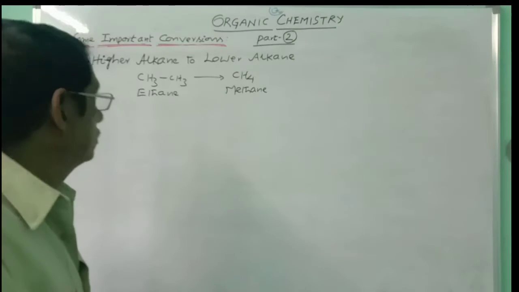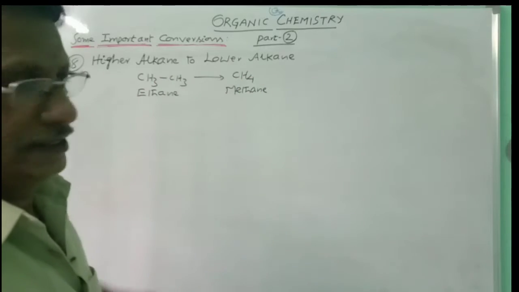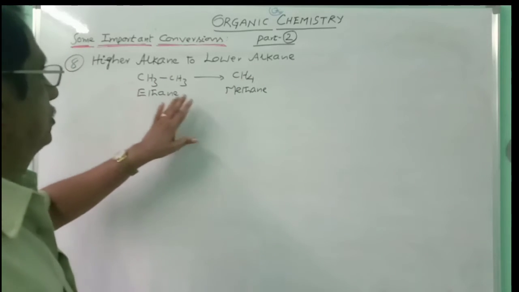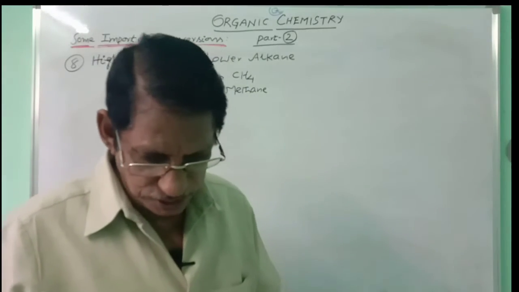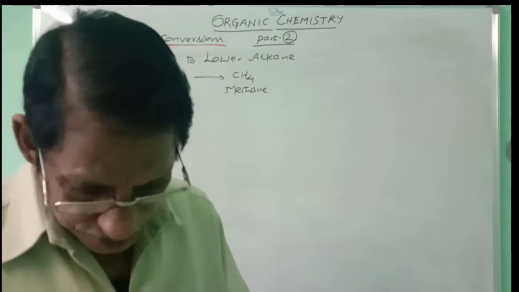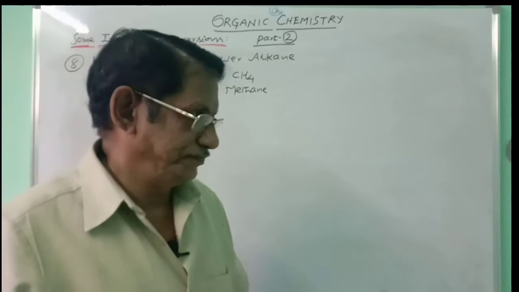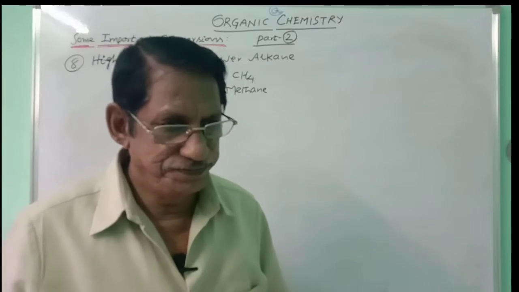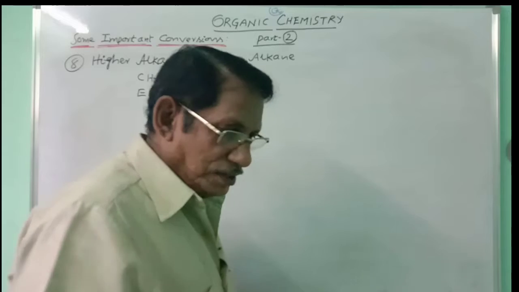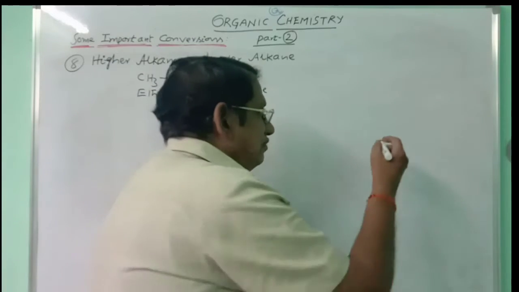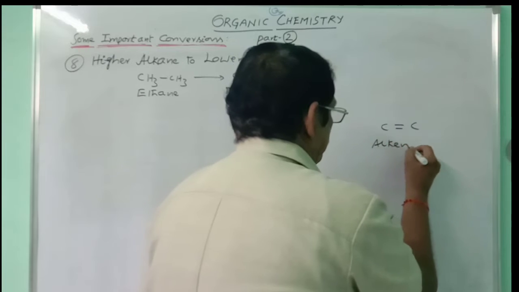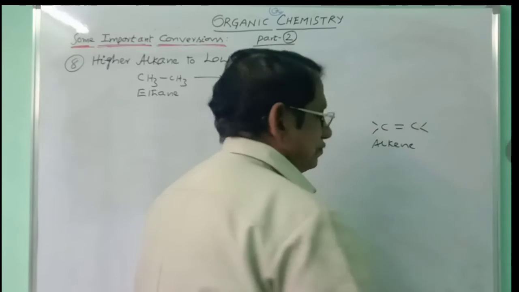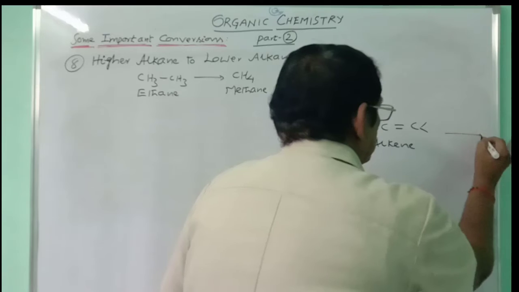Next, the 8th one, higher alkane to lower alkane. Example, ethane to methane. Degradation here. One carbon is to be degraded. For that purpose, what is to be done? This is alkane conversion. Whenever you want to decrease one carbon, if it is alkene, we can do it easily. This is alkene. By doing ozonolysis,